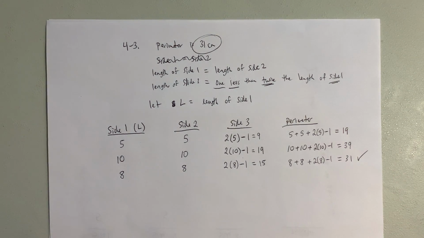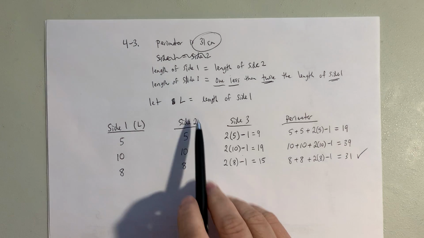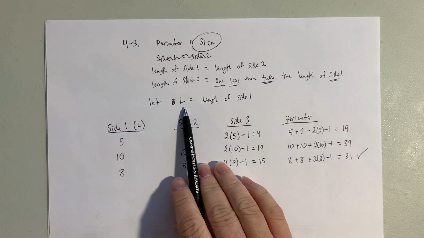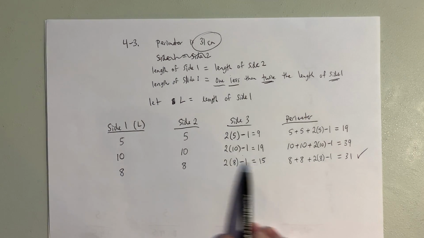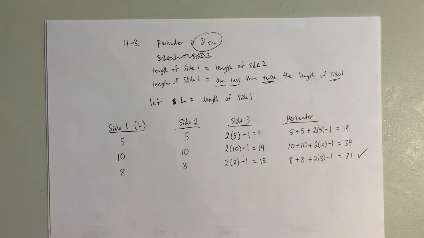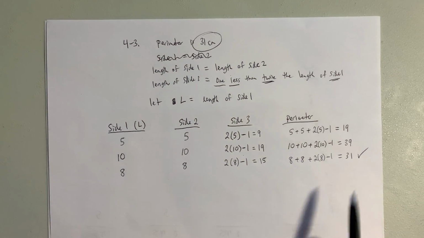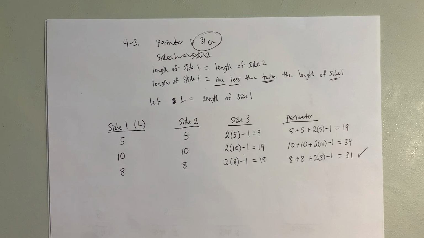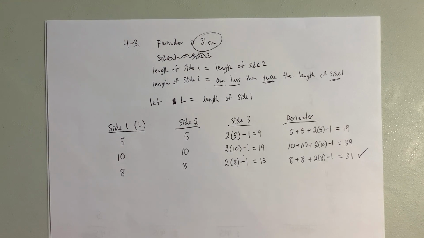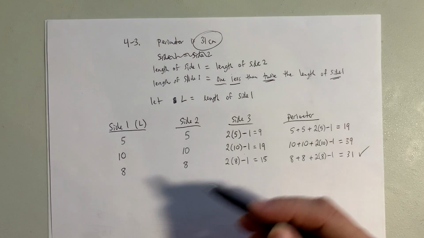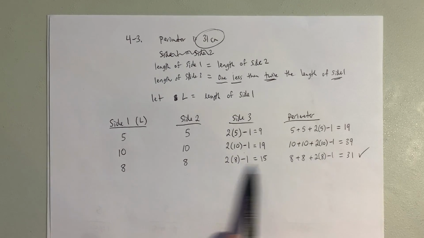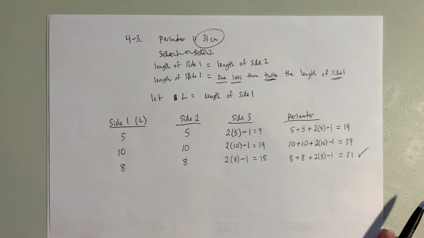And this is where we can now take that next step and say, okay, but we had a let statement right up here, and we said that we were going to let L be the length of side 1. And so while we can go through and guess and check this all day, some problems aren't that easy and they're not as nice. And so we use algebra as a way to make it faster, essentially. I mean, not that speed is the thing, so we probably don't want to focus on that. Maybe we shouldn't say that. But to make it more straightforward, so we don't have to keep trying a bunch of different numbers. Because essentially you're calculating a lot more here than you are if you just say,